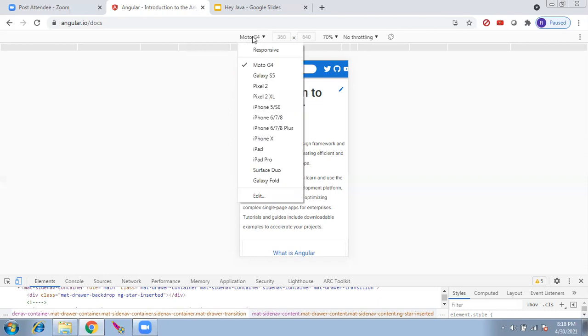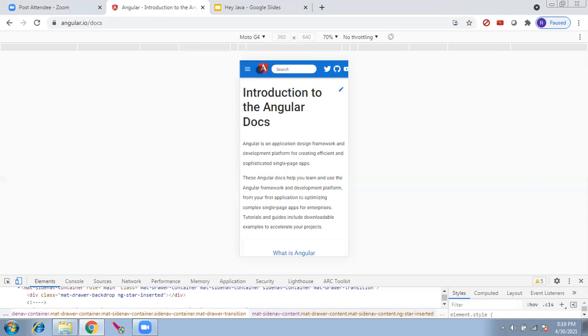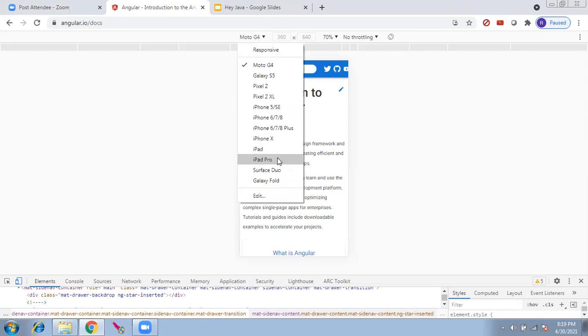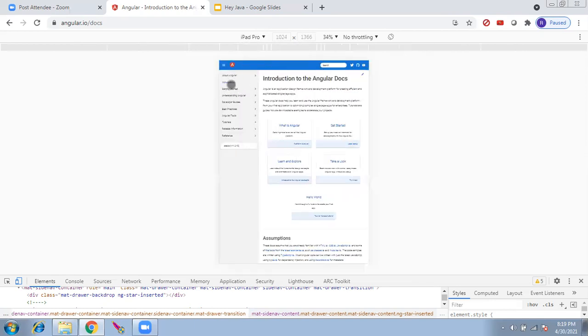For every device resolution, we write one CSS. We tell it if the device is Galaxy, then don't show the left side navigation, don't show the top menu. If the device is iPad Pro, show the left menu. So this is called responsive. We write it in CSS.